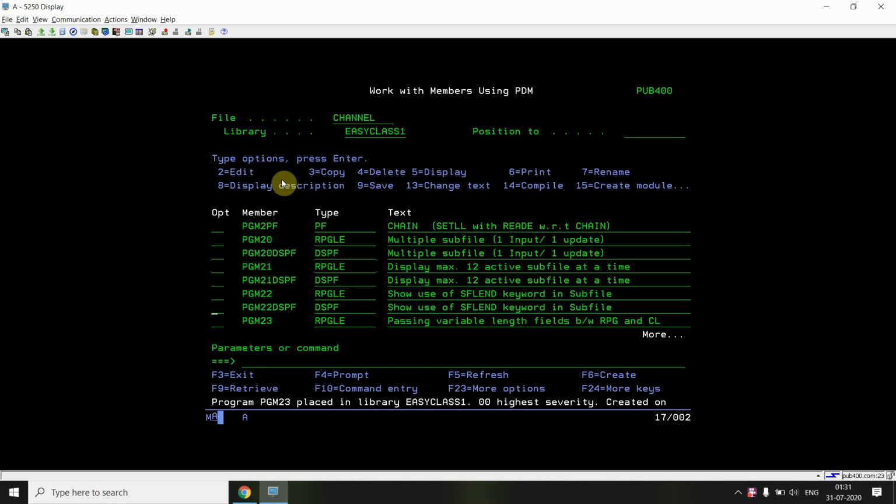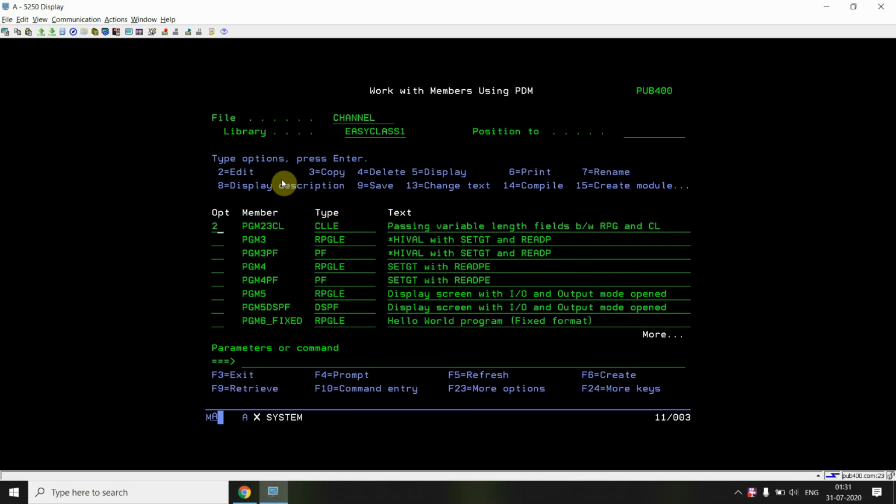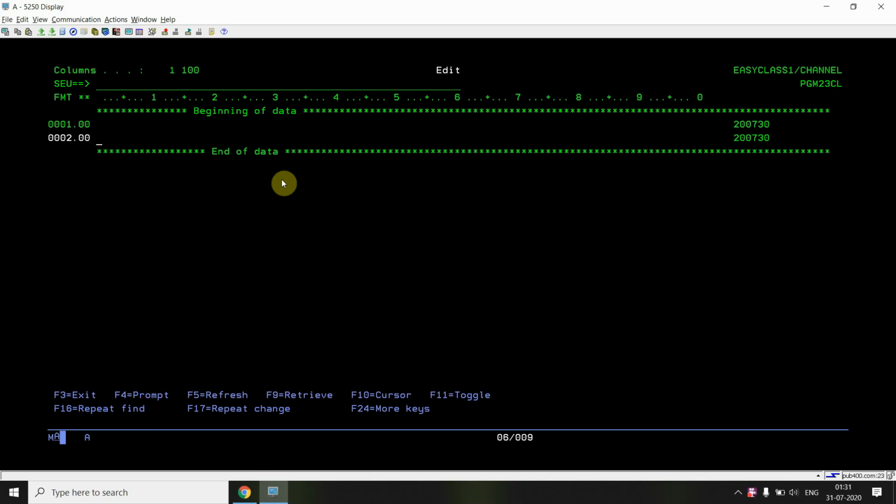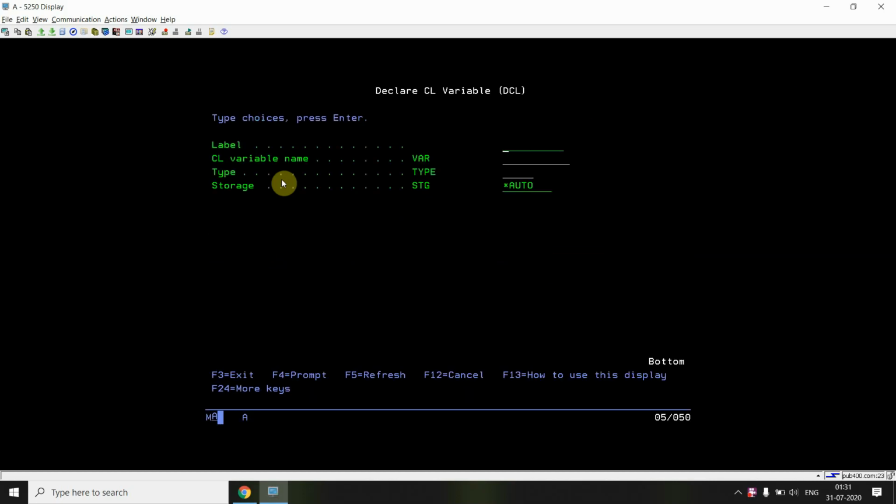Now I'll define a CL program. In CL, as we know, PGM and ENDPGM are optional, not in all cases, but they are optional. Now I'll define a variable. Here I can see I don't have any way to declare a variable in fields, so I declare varfld1 with type *CHAR and press enter.